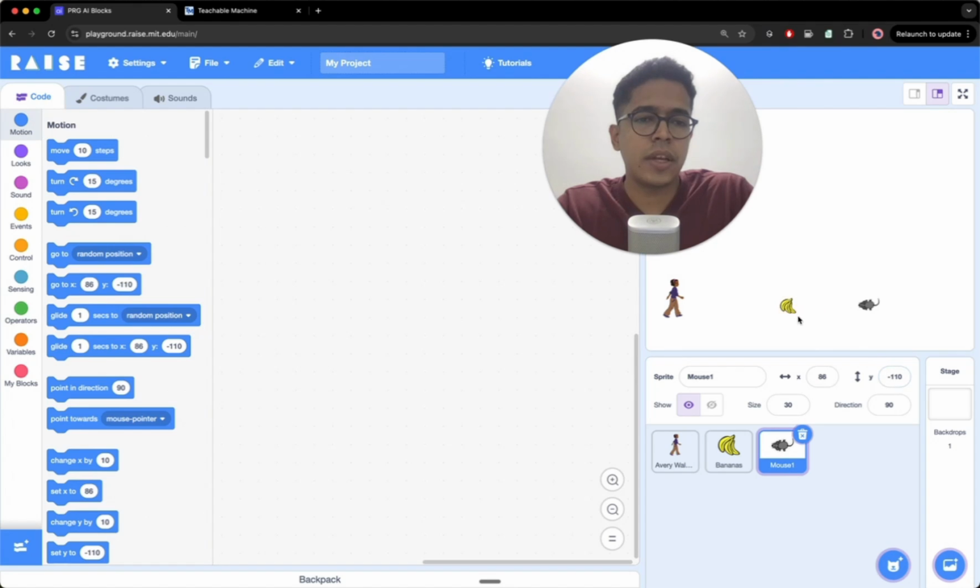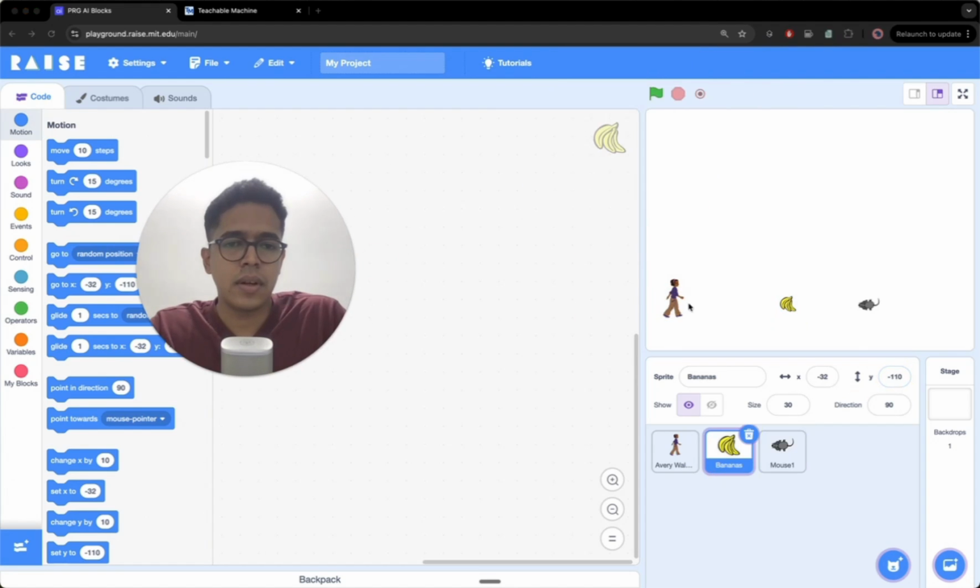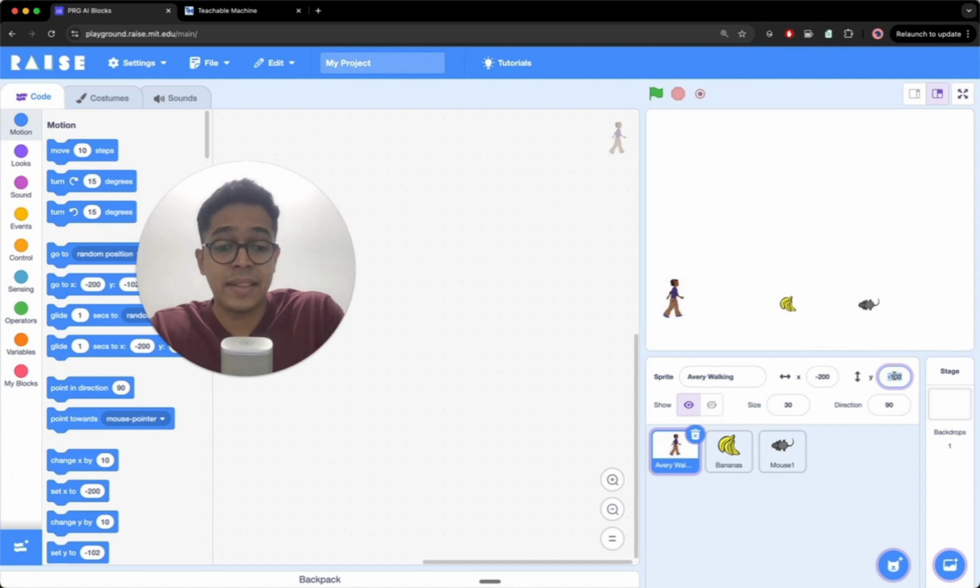For this also, for banana also keep it minus 110. And I think it's the center of geometry rather than the character's bottom point, I think. So if I keep this minus 110, see the middle point is coming in alignment with this. So maybe I can manually place it, like click and drag to place it somewhere so that they all look